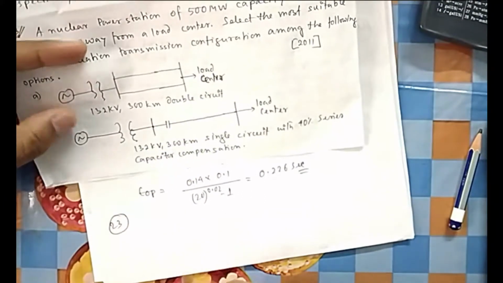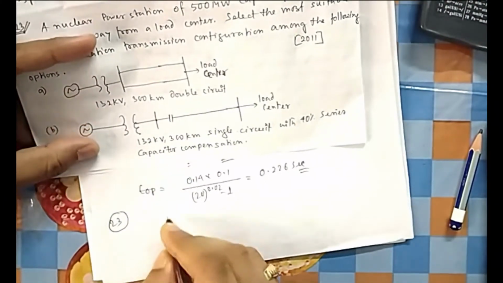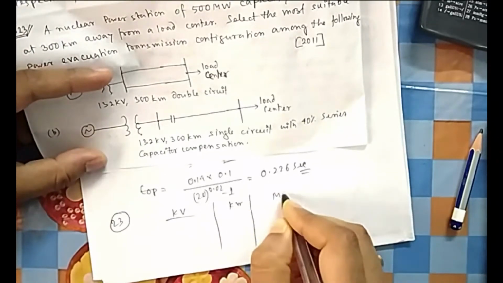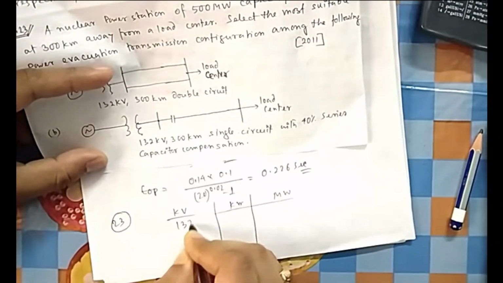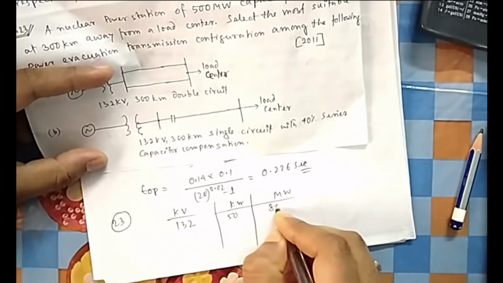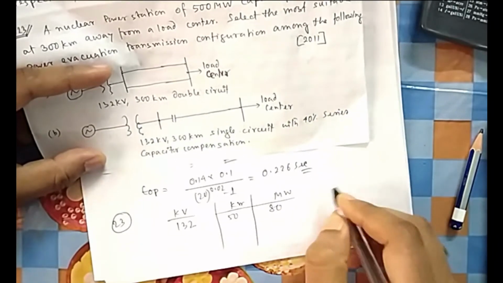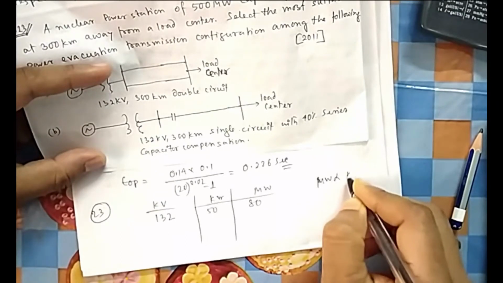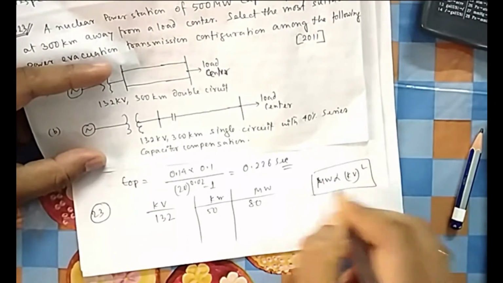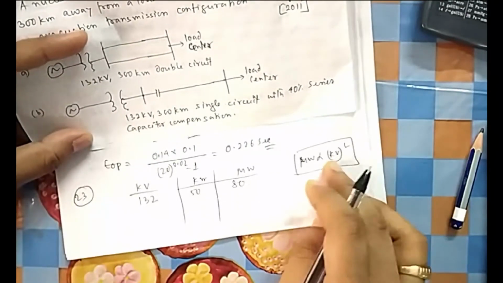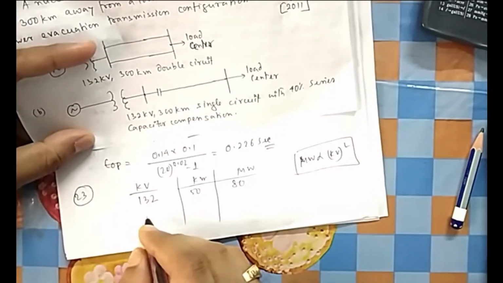Then which one? You remember a table of this fashion, just to have an idea. I am giving kV, kilometer, and then megawatt, how much load it takes. If it is 132 kV, it is up to only 50 kilometer, and the megawatt is 80. There is a thumb rule: your megawatt is always proportional to your kV square, because it is V square by R. You can apply that and find some idea.